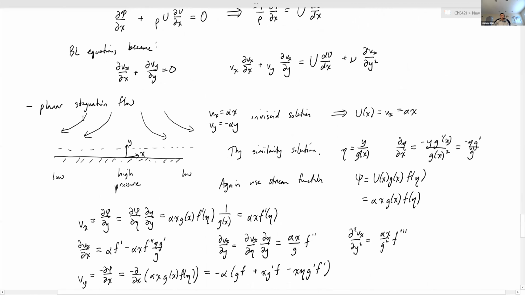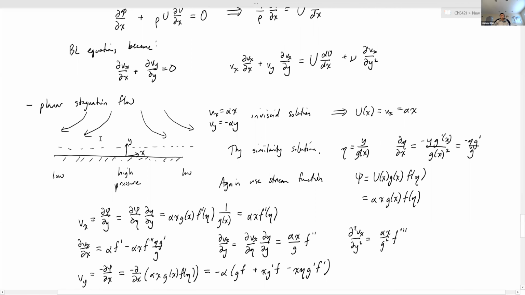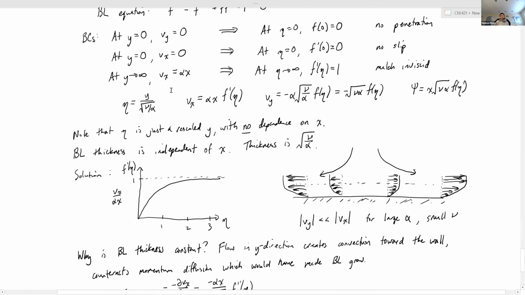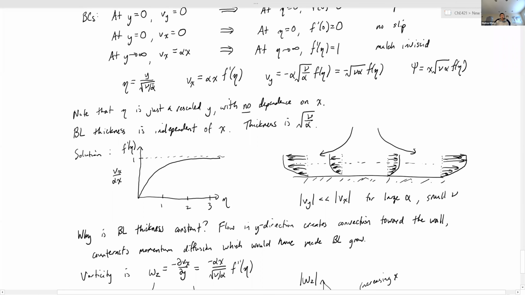And so we talked about this planar stagnation flow case, where the flow is coming in from the top, and the result, when you apply Bernoulli's equation, is that you have high pressure here at the stagnation point and low pressure here, because here you have low fluid velocity and here you have high fluid velocity, right? And we did some similarity solutions and got to this really interesting result, where our similarity variable only depends on Y, and does not actually depend on X. So what that implied is that the boundary layer actually does not change in thickness as you move along the boundary layer. Okay.